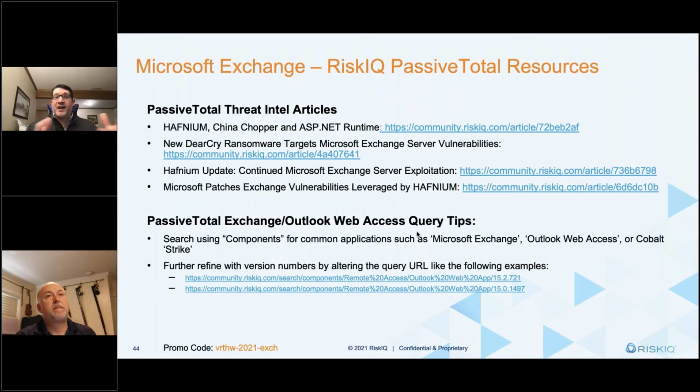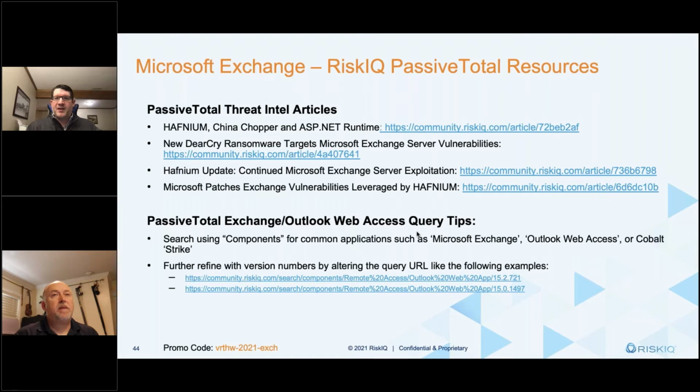One of the challenges you'll see, even looking at the first article, right, you've got China Chopper, is that initially out of the gate, there was, and continues to be, a large number of either common open source tools used by pen testers, GitHub projects, etc., as well as very common web shells that are being leveraged by actors, which makes it very difficult to respond with anything other than generic web shell detections, or from a forensic standpoint, going onto boxes themselves and doing a deep dive to look for any and everything, or using, again, generic detections around just web shells in general.